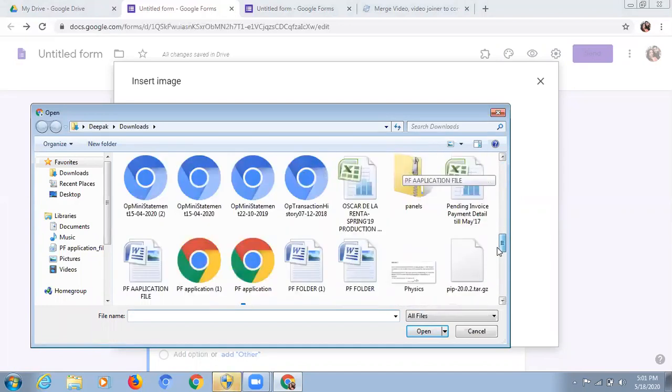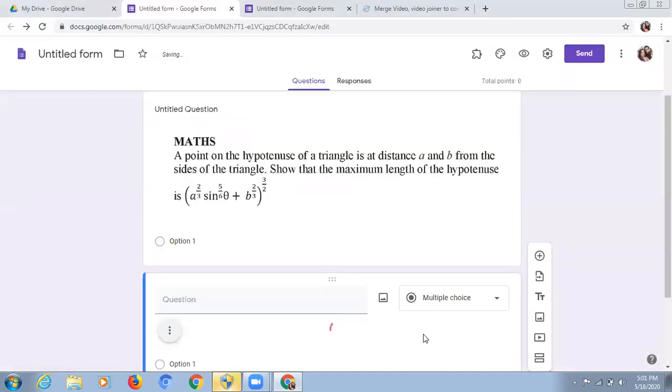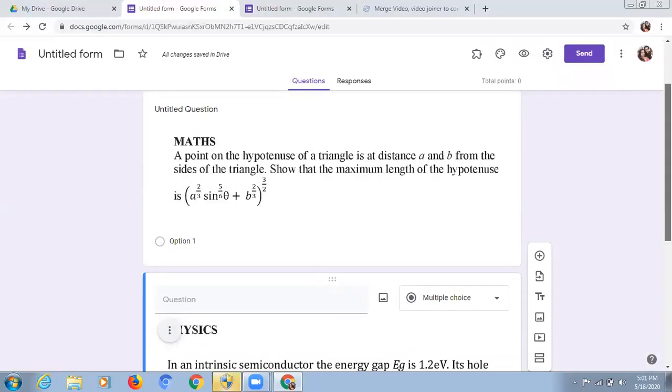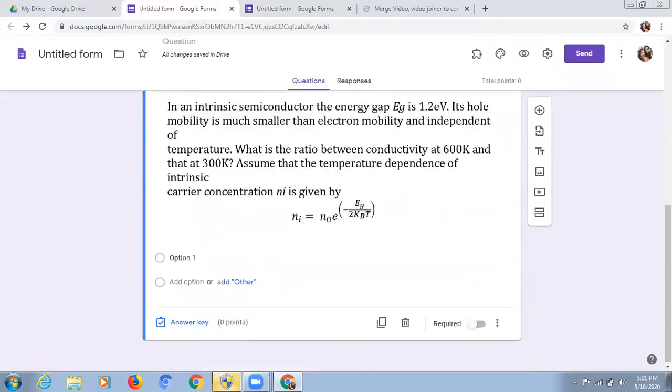The only thing is that you should have your questions in the form of pictures on your system. You can take the picture from your phone and transfer those pictures to your laptop. So this is my physics question. And similarly, I could give the options.